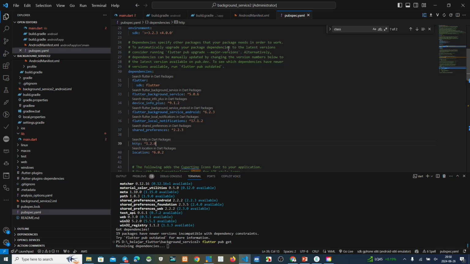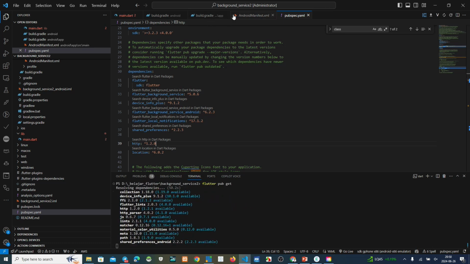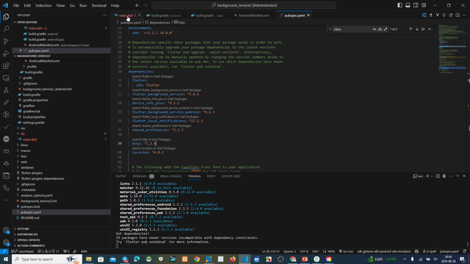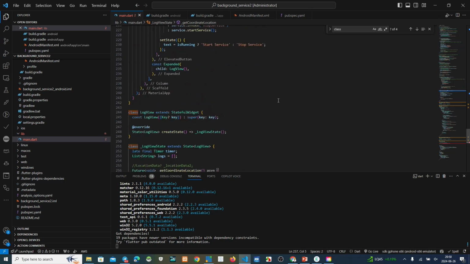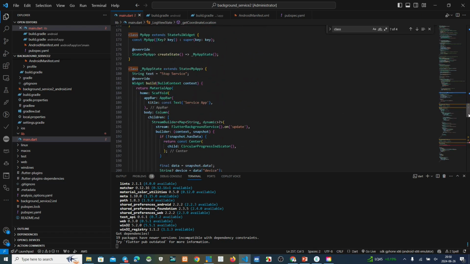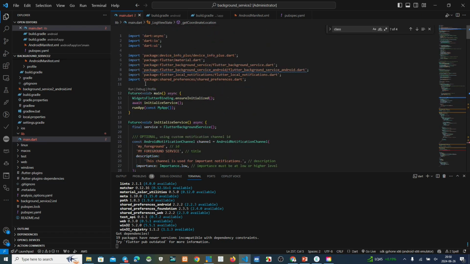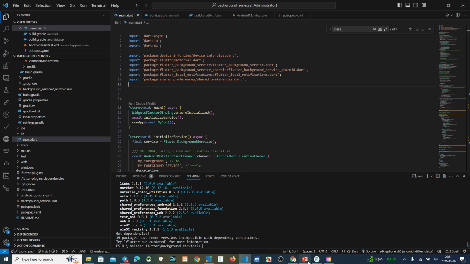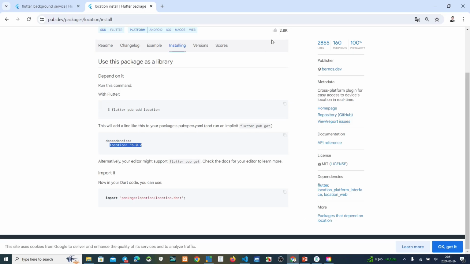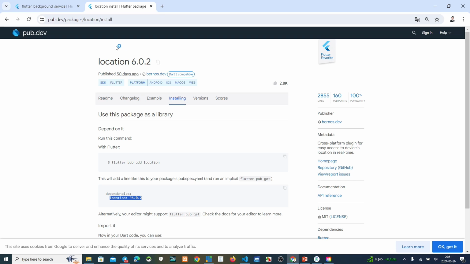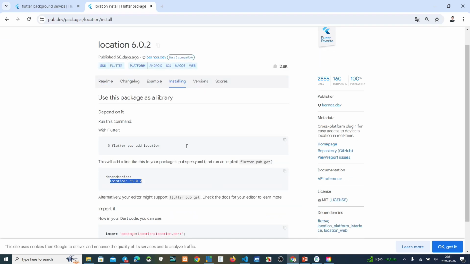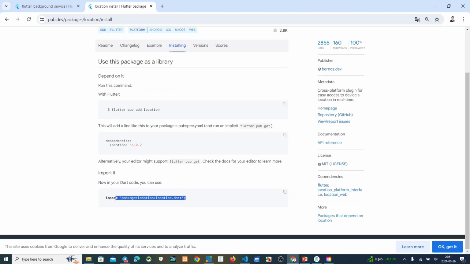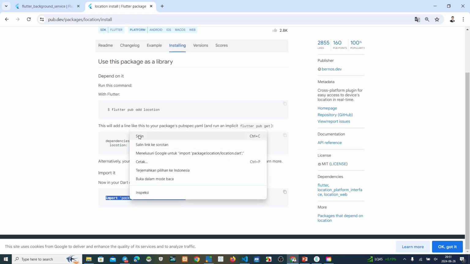Oh, sorry. Sorry about that. Moment please. This one. We don't copy the import package to this one. Location and also Flutter. This is a location. How to install this one? We must copy this. Copy.